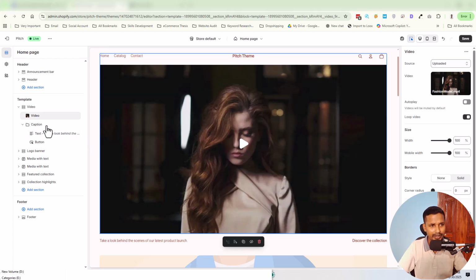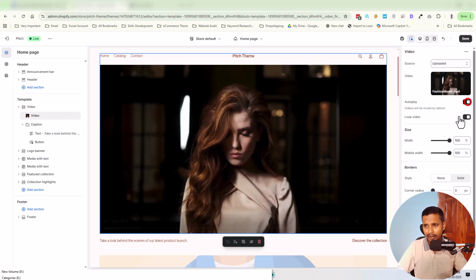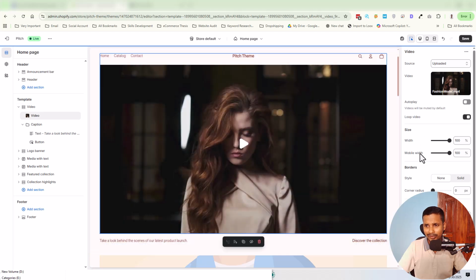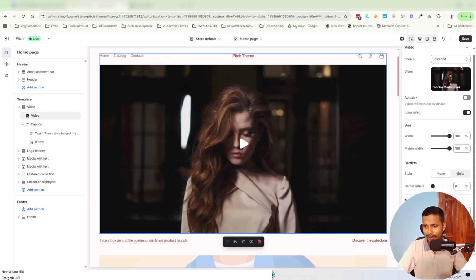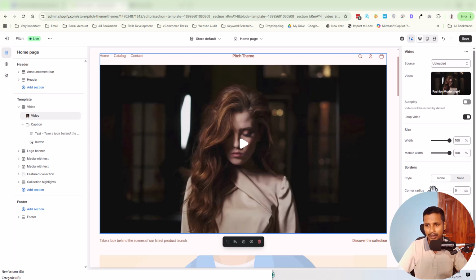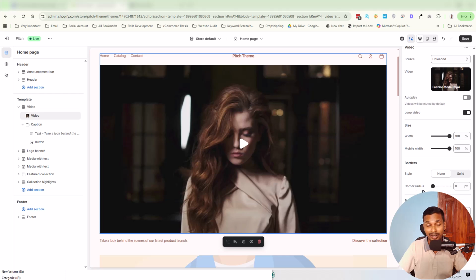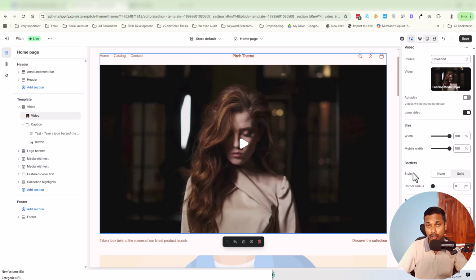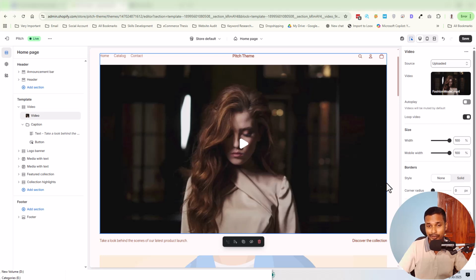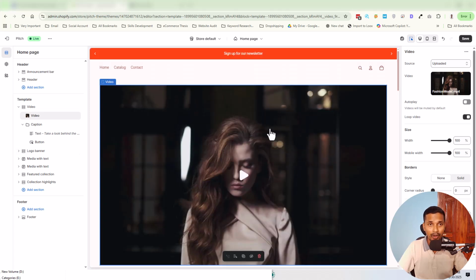This is the default feature. Also we can add autoplay, okay. Also we can control the size, which size on desktop and mobile. Also we have the border option, and we are done. And here are all the ready customization options. From my thinking, I think it's very limited for new Shopify users because they will not get other required options for their video section to make it more professional and more eye-catching. Okay, so now I'm going to click on save